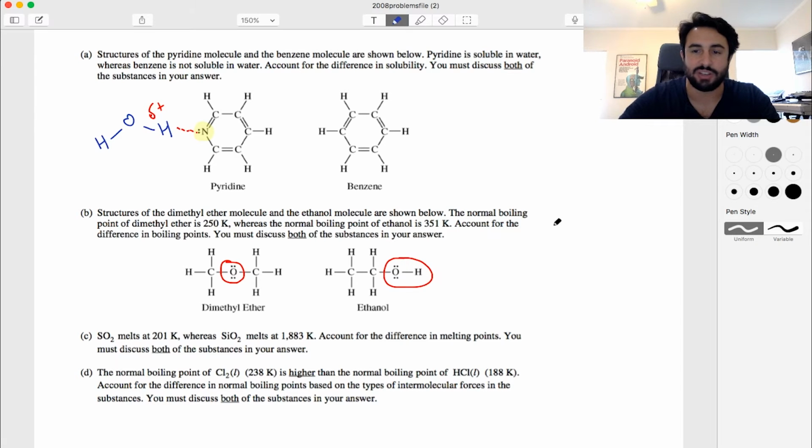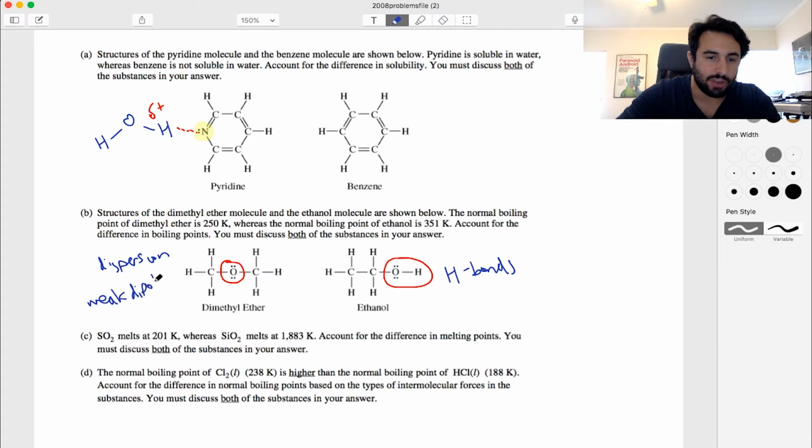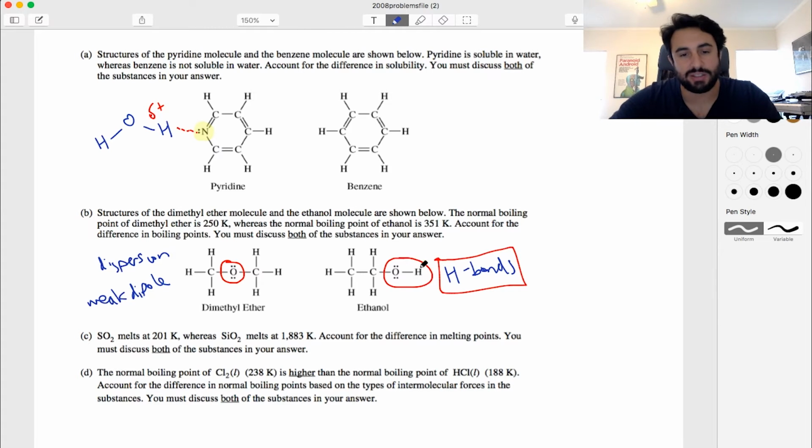And so this can do hydrogen bonds, right? This one can do dispersion, mainly dispersion. It also has a weak dipole. So it can do some slight dipole-dipole interactions. But it cannot do what ethanol can do. So the H bonds are the reason. This is the reason this boils so much higher, because the ethanol molecules are making hydrogen bonds with one another, right? We've got an OH on one, and then